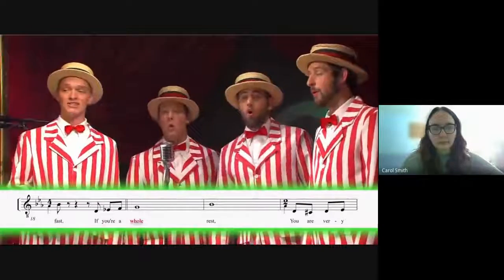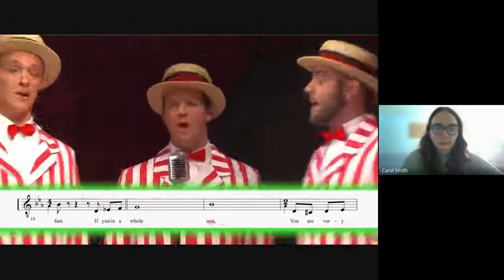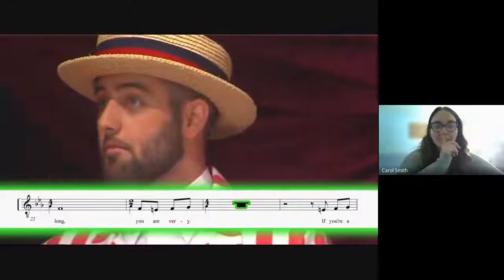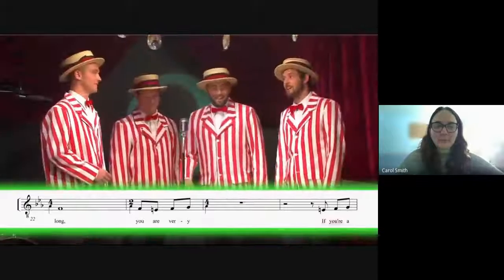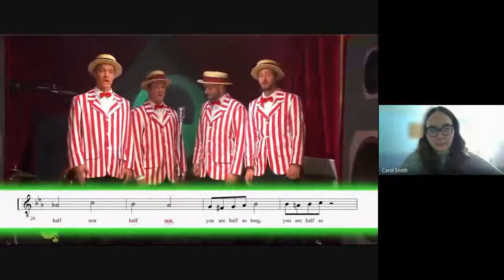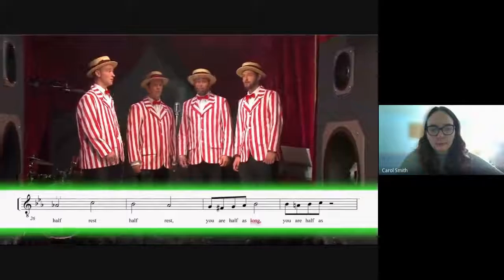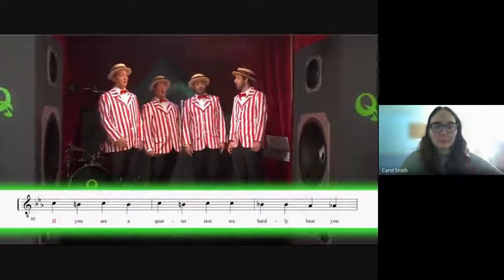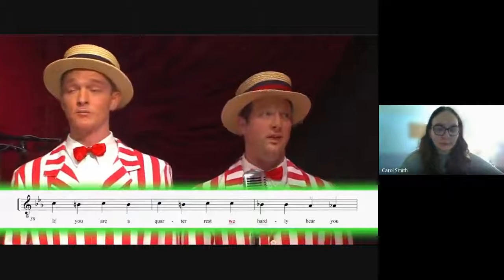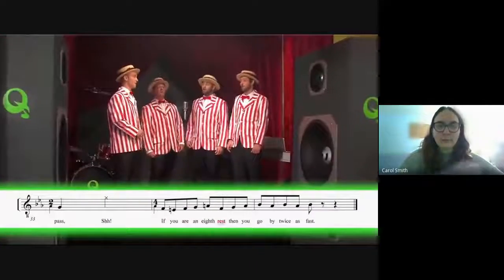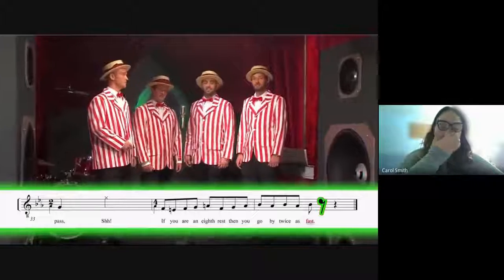If you're a whole rest, you are very long. If you're a half rest, you are half as long. If you are a quarter rest, we hardly hear you pass. If you are an 8th rest, then you go by twice as fast.